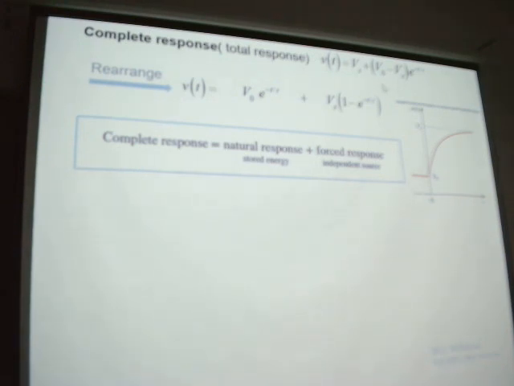For this equation, we can also rearrange it. We put the terms related to V0 here and the terms related to Vs here, and we get another definition. Our complete response is equal to the natural response plus the forced response. What is the natural response? For the natural response,